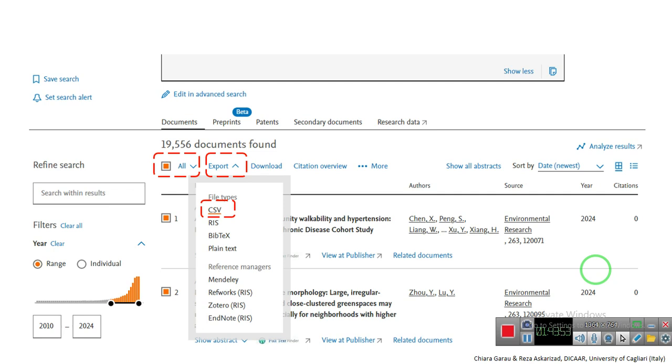in the part that you can see highlighted by the red line, firstly you should click on all and check all articles. So you should click on all items, and after that, by clicking on export item, which is near to it, you have to click on CSV. What is CSV? CSV is the format